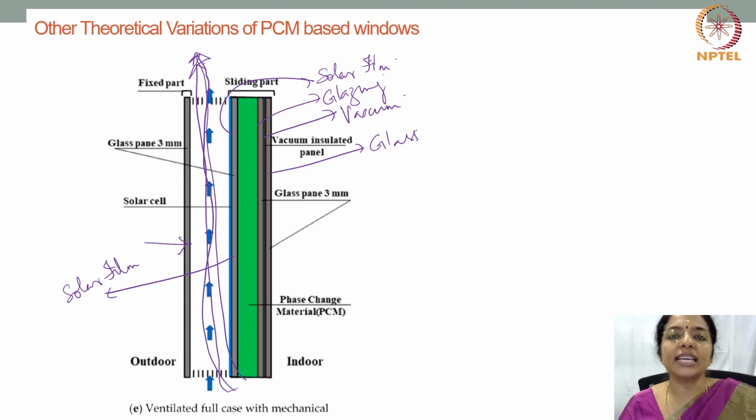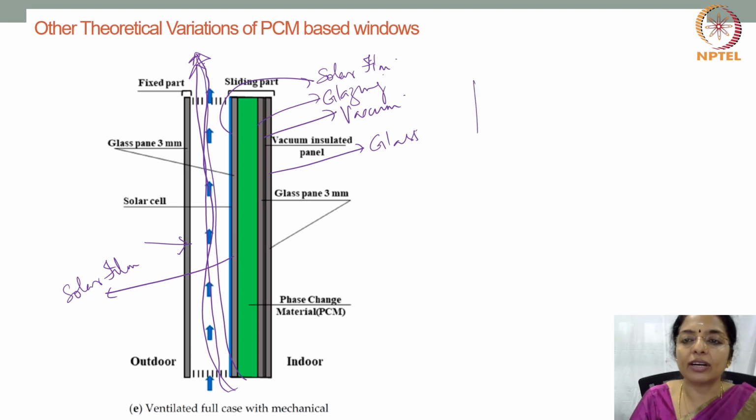So these windows are essentially building elements. So this will allow visual contact between internal and external ambient, as well as impose a pleasant aesthetic building appearance. Because of their small thermal mass and physical properties, they are considered as a barrier for heat loss and heat gain, depending upon what all layers you add, whether it is just two glass with phase change material, or you